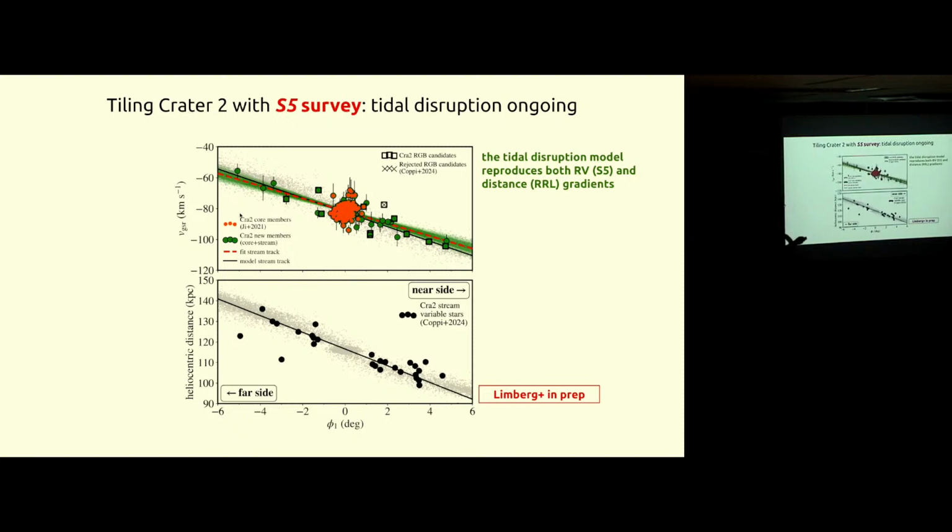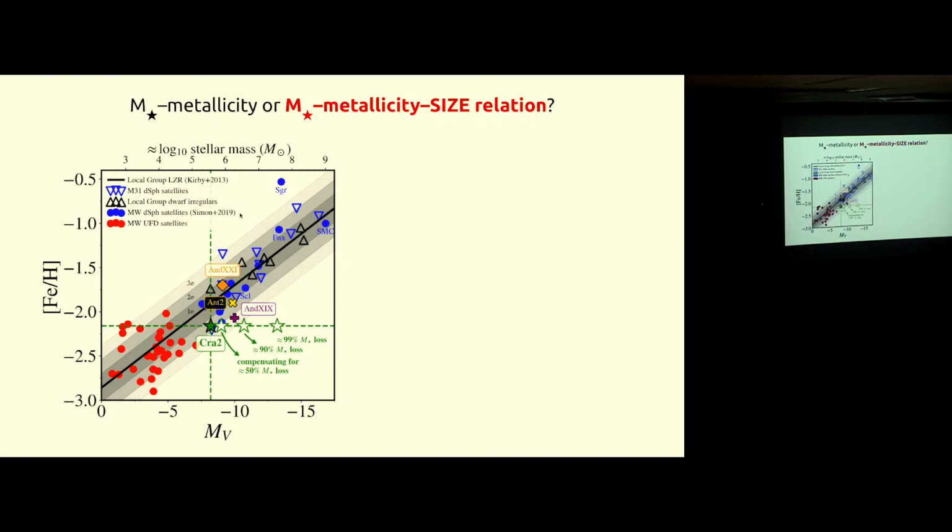So this is where I wanted to get. It is to this figure. As you can see, I make very confusing figures, but I'll walk you through this again. This is the mass metallicity relation for dwarf galaxies in the Local Group. Well, this is not quite the mass metallicity relation because in the horizontal axis I'm plotting the absolute magnitude in the V band, but I have some correspondence with stellar mass, assuming some mass-to-light ratio, on the top, and then we have metallicities in the vertical axis.